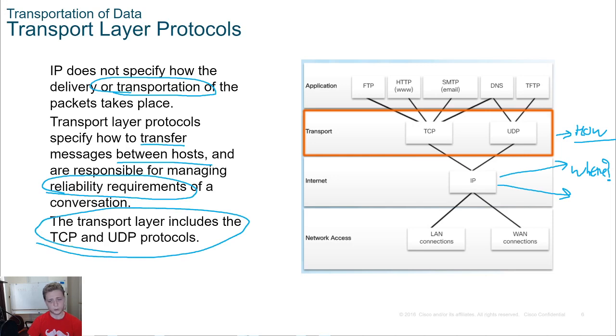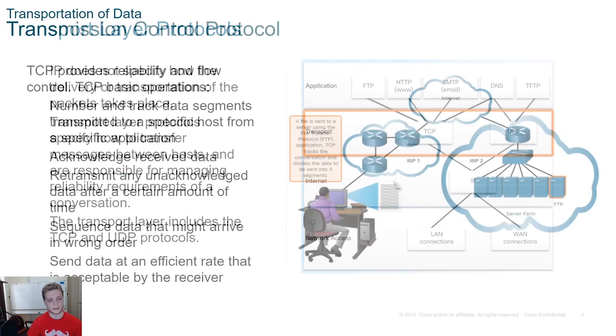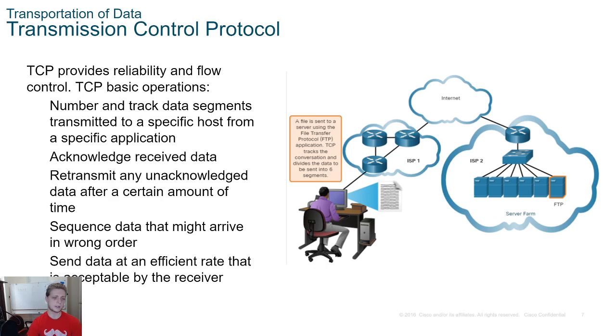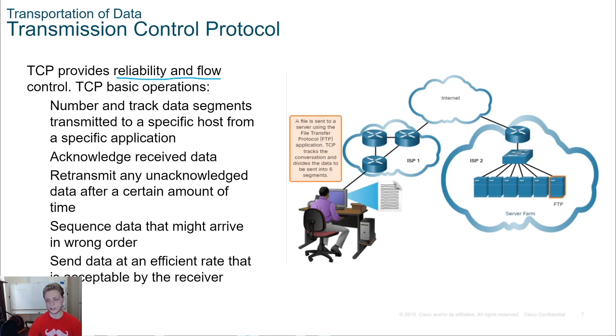So really, we just have these 2 protocols at the transportation layer that we have to deal with. TCP is going to provide reliability and flow control. This is a basic concept of TCP, is reliability. If you sat down in an interview and they asked the question, okay, so can you tell me the difference between TCP and UDP? The number 1 best answer would be TCP provides reliability, UDP does not, right? UDP provides speed, TCP does not necessarily provide the best speed. But the core really there is TCP offers reliability,